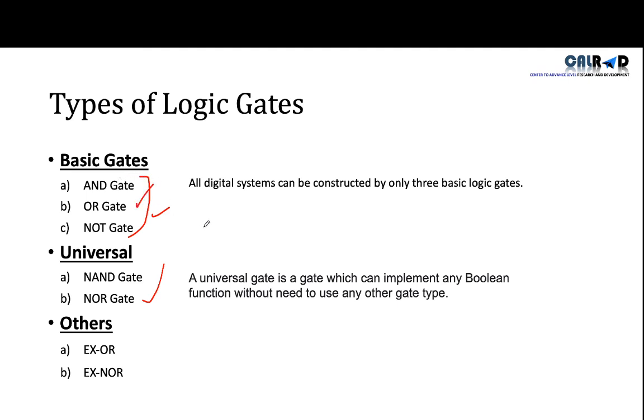But if you want to squeeze the design and make it small, you will use a NAND gate, because instead of using a few AND gates, you can use only one NAND gate, or only one NOR gate. So universal gates are used to reduce the size, and if you want to make it even more precise, then you can also use exclusive OR or exclusive NOR. Where these types of gates are used, and how we will make use of their outputs and these tables, we will study in the lab lecture.